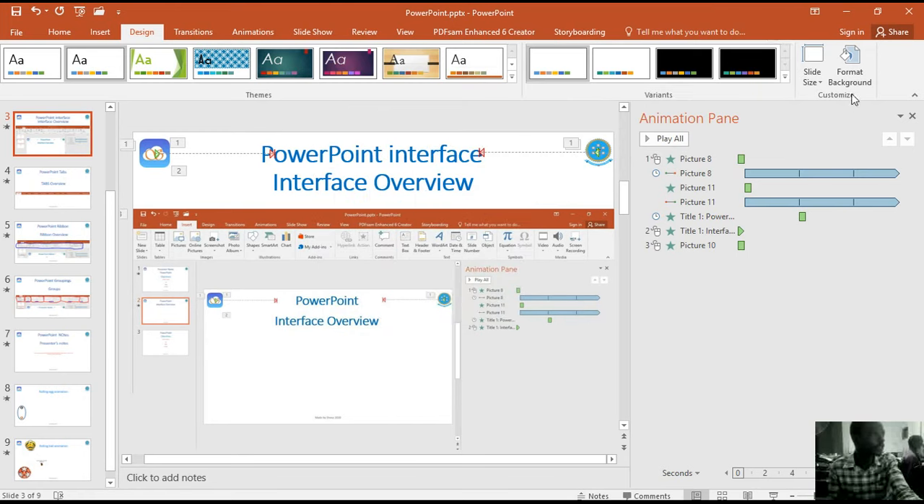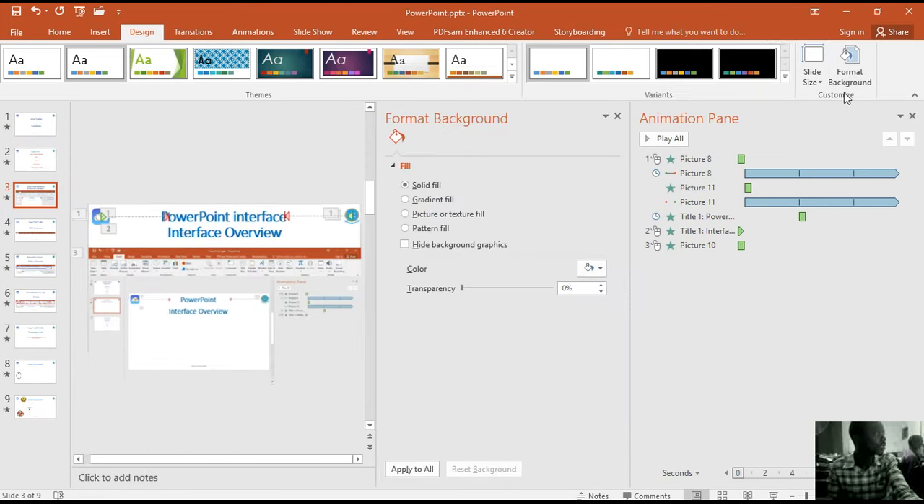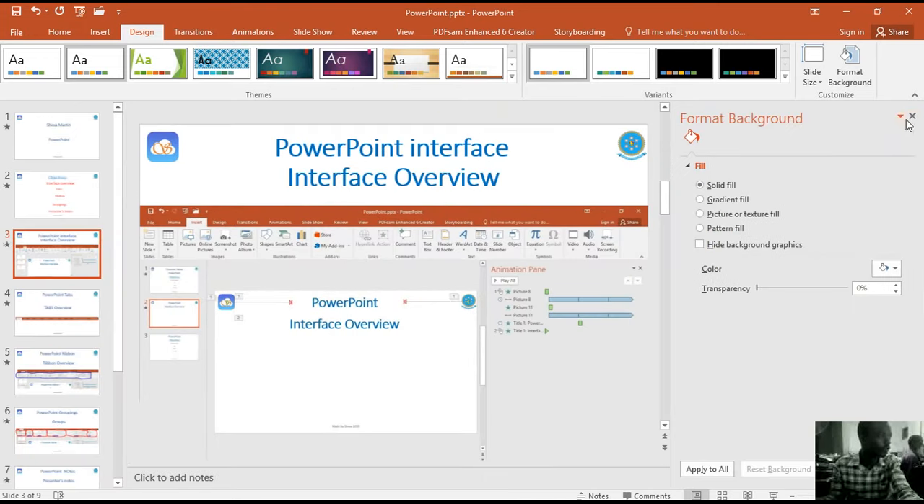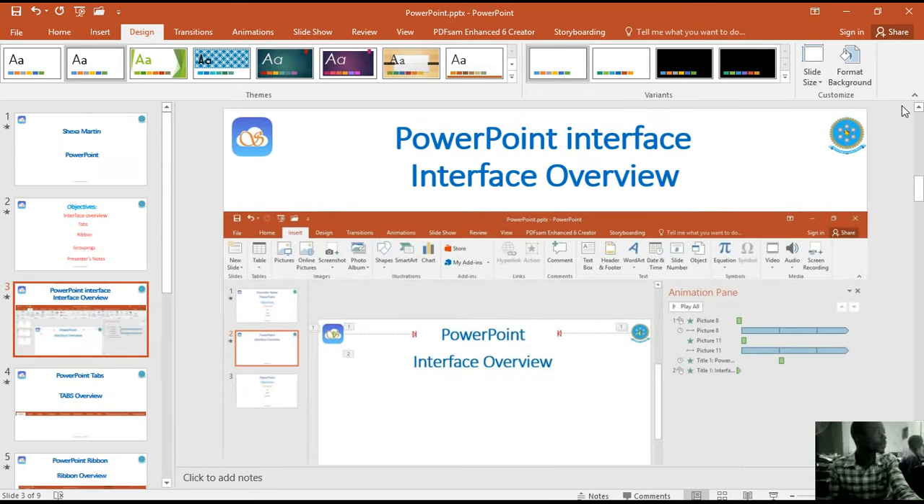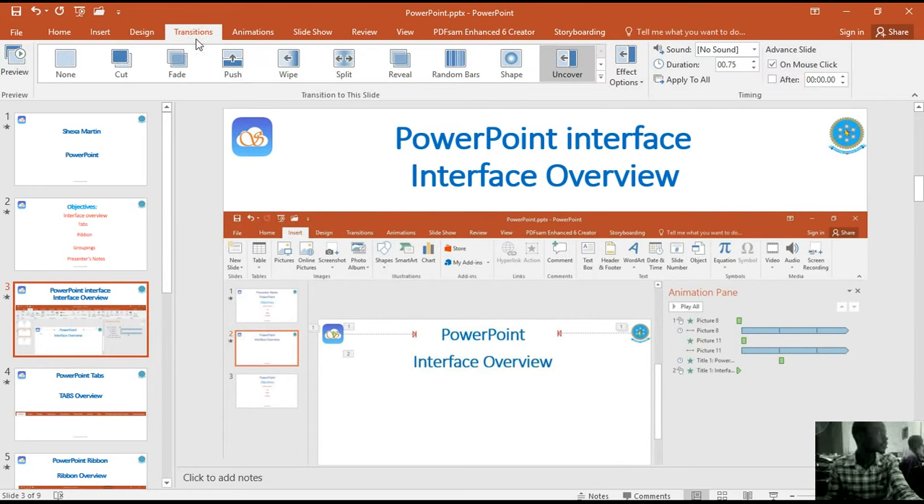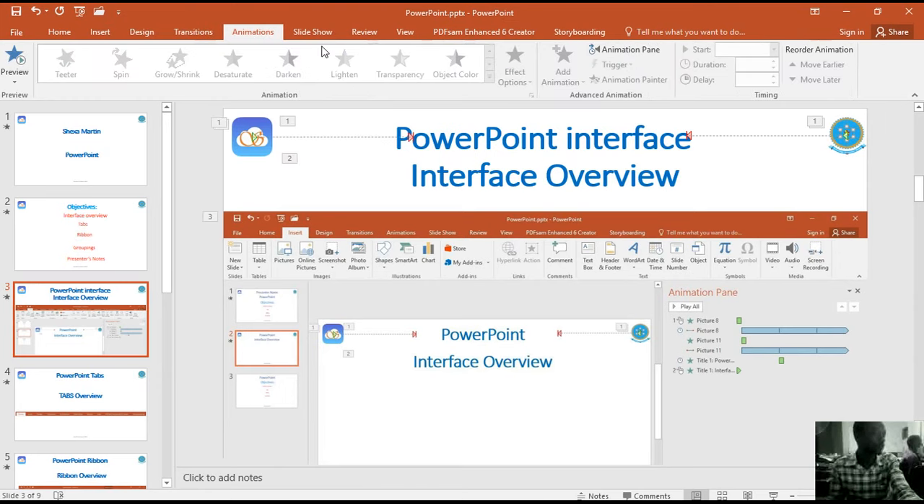You can also change the background with this button, which is under design. You might be asked by somebody to change the background of his or her PowerPoint. So let's close all these panes. And then transitions, you may choose any transition from this. You will see how we apply transitions as we start our project in the next